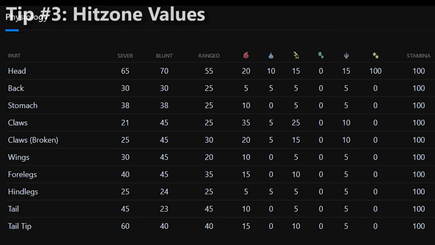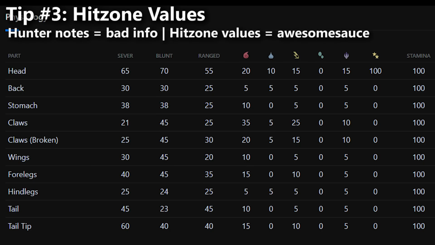Tip number 3 is going to be a brief examination of Barioth's hitzone values. These hitzone values were taken off of the Kiranico website. For those of you who have never seen this before, this is like the better version of the Hunter's Notes. It tells you where to actually attack, and how much damage a monster is actually taking from